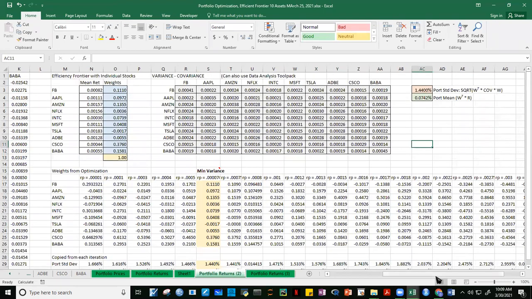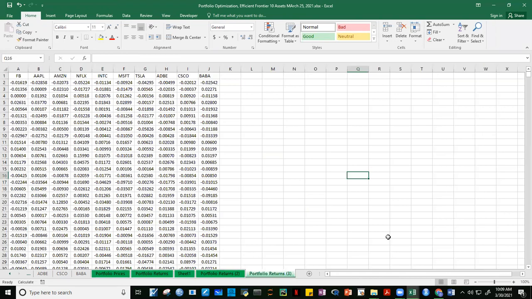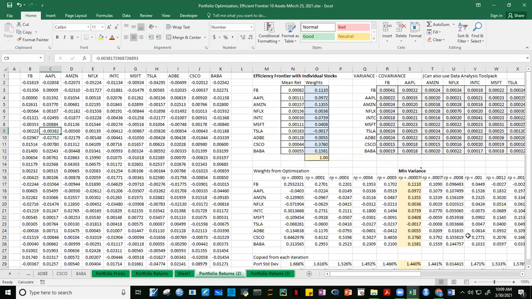Let's start. Okay, so I want you to replicate this. Isulat title lang to. Naglagay lang ako, Luisa, ng isang space dito. Nag-insert ako ng row dito sa A. Okay, so nilagay ko lang dito, efficiency frontier with individual stocks. So yun ang gagamitin natin. Ipareho mo na lang yung position para hindi tayo mahirapan.